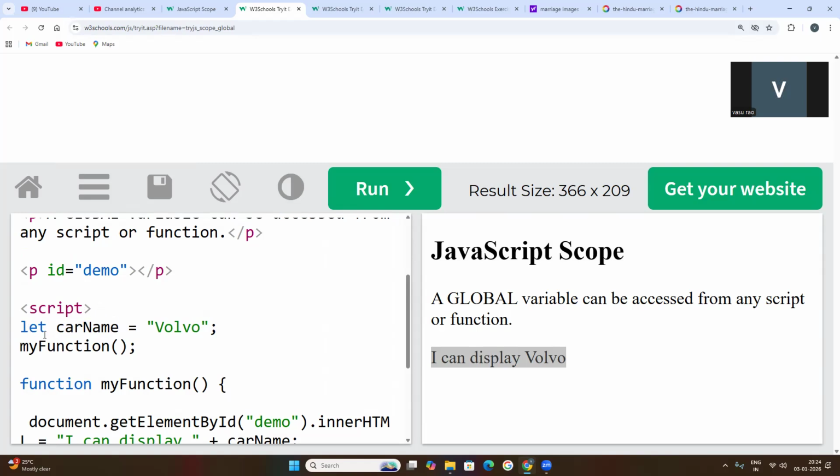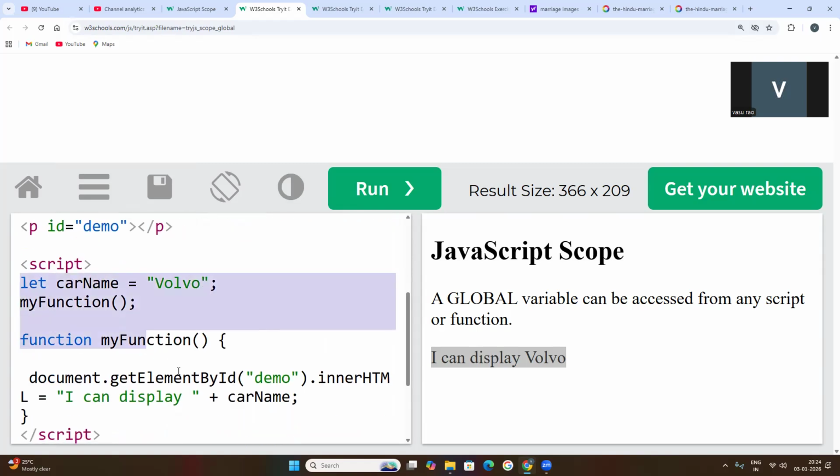So as I told you, this is the total code written inside of the script. This is the JavaScript code. Here, this is the carName. It is a variable created by let keyword. And for this variable, the value passed is a string value. Volvo is a string. Why can we say that simply it is a string? Because